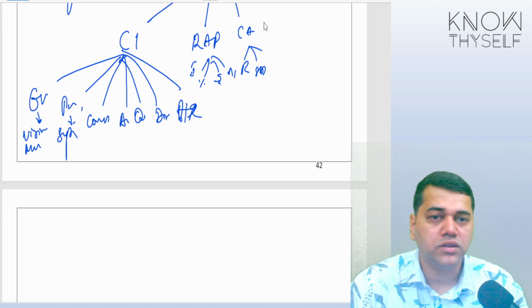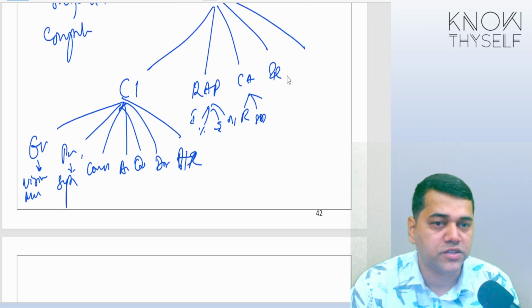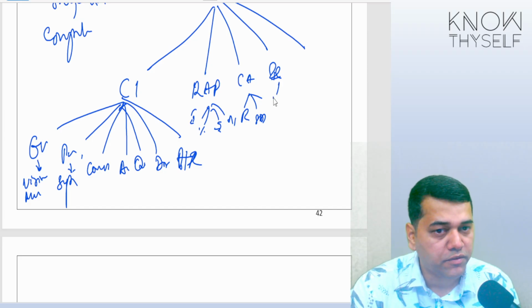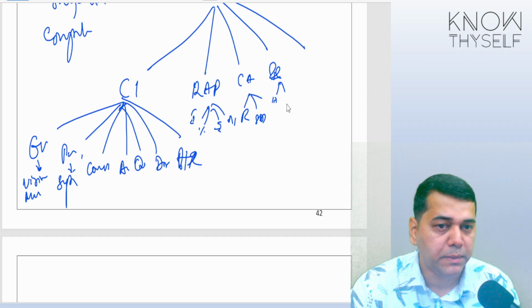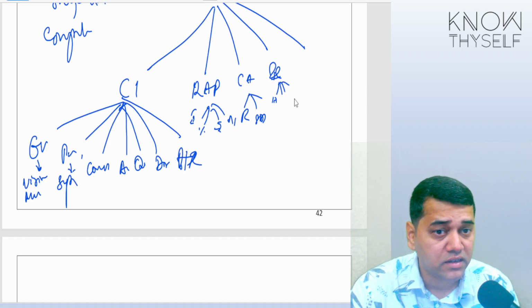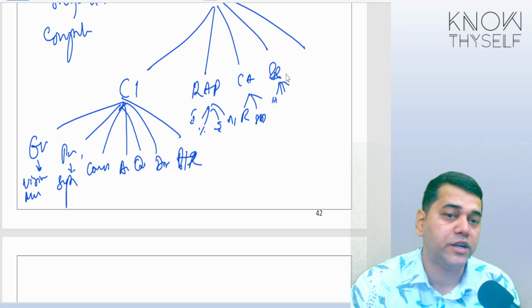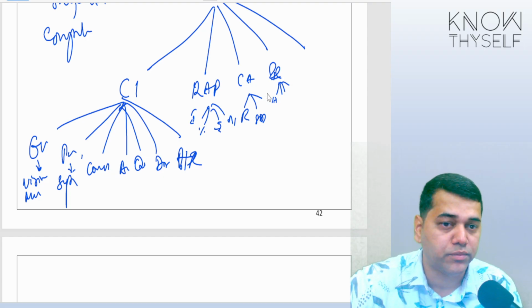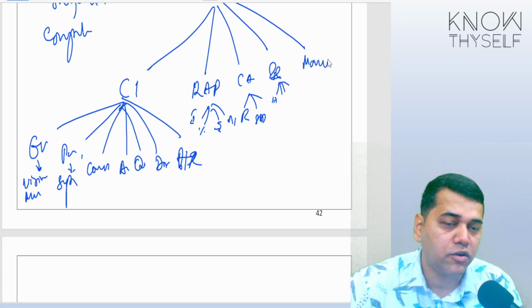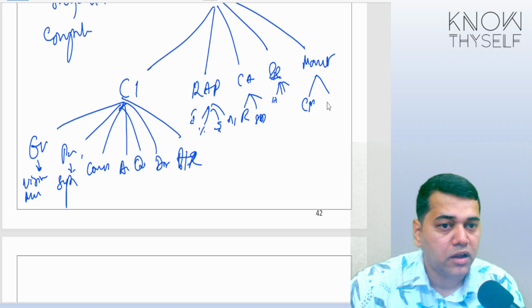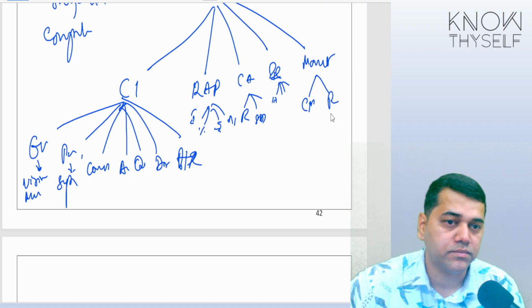Then we have got the information and the communication system. That means how do you set up the information system, what type of hardware, software you will have, people. Those are all the components: hardware, software, people, process, data. And how do you communicate internally, how do you communicate externally, how do you get the input from the third party. And last thing, you have got the monitoring. That monitoring can be a continuous monitoring or it can be a periodic monitoring.